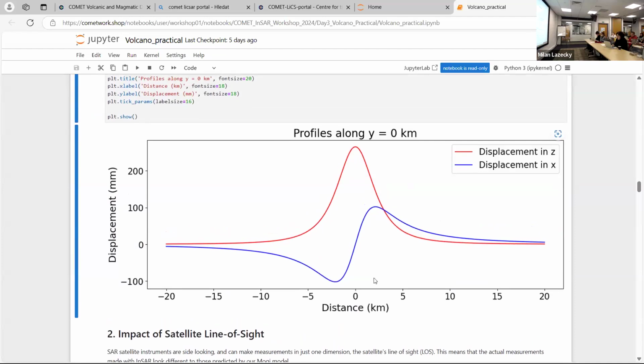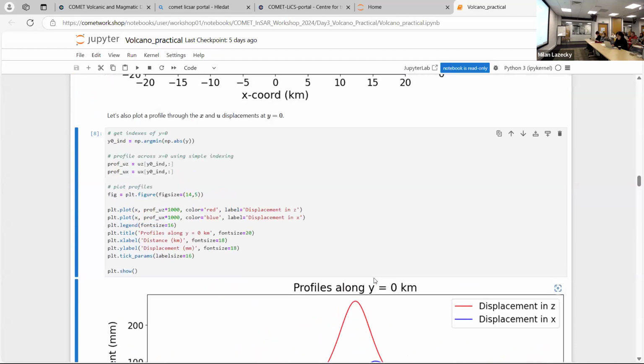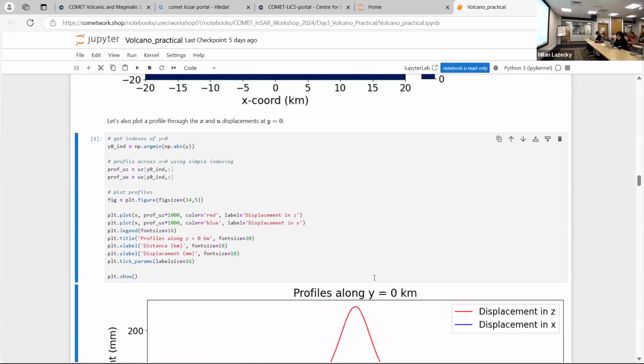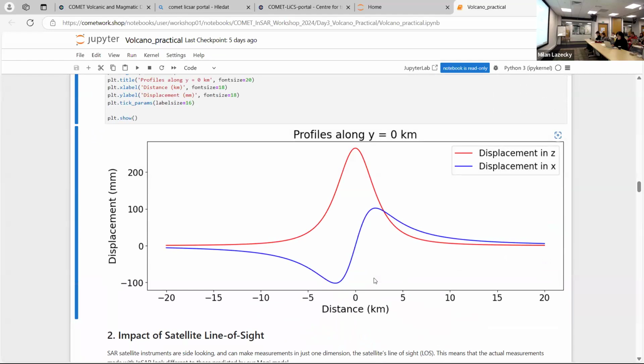So if you want to have a play around with some of the parameters and see what kind of effect they have, do that now, and if anyone has any questions, ask. No? Cool. Okay, just have a look at that, and then Eliot will come and do the second bit.